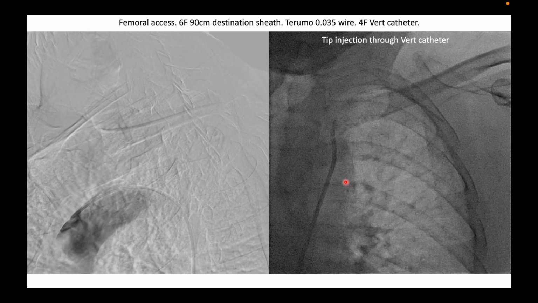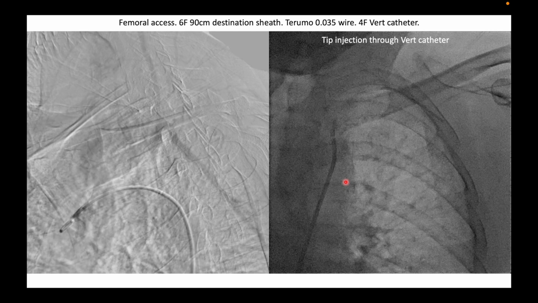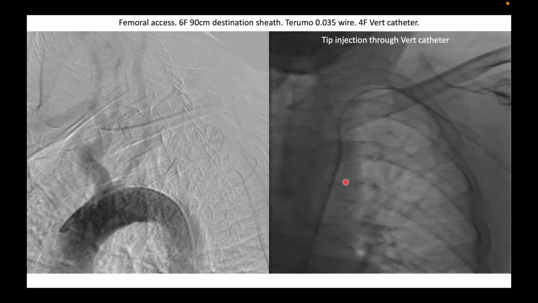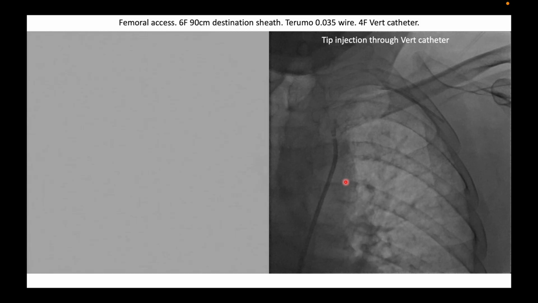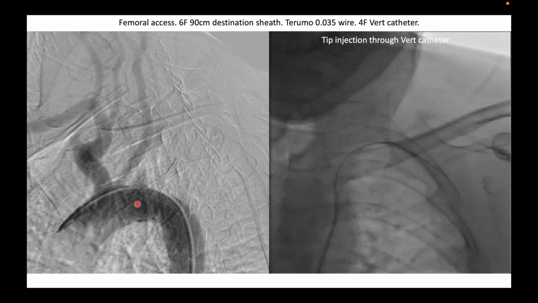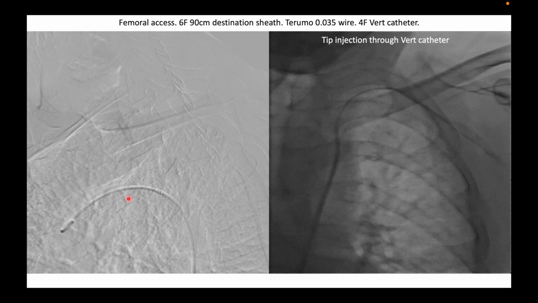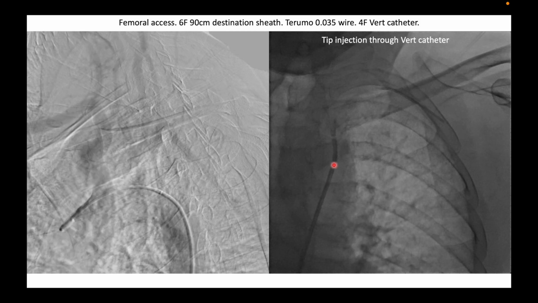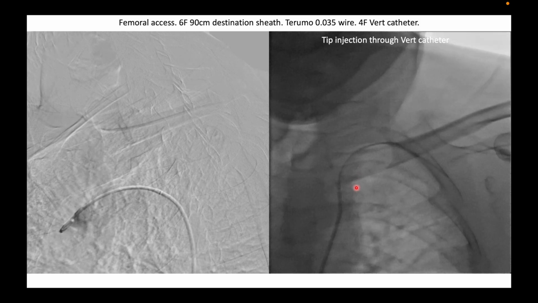Now that's a case where femoral access was taken. This is a 6 French 90 centimeter destination sheath. Terumo 035 wire was used and a 4 French vertebral catheter was taken for tip injections. So here you can see the occluded subclavian artery. That's a pigtail injection. So that's the destination sheath which is sitting into this occluded subclavian segment, and then the